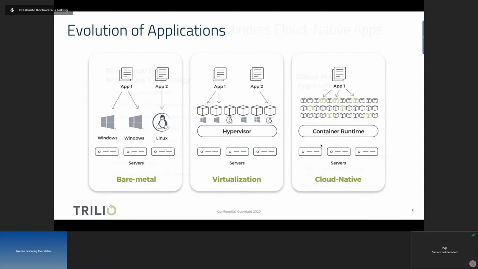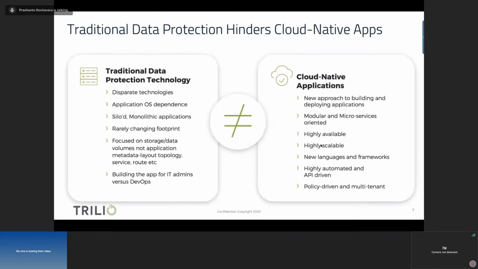Let's look at why traditional data protection solutions cannot match up to the requirements of cloud-native applications. Firstly, traditional data protection solutions and cloud-native applications are disparate technologies. You need a cloud-native application to provide data protection for cloud-native applications running in your environment. For example, it would be really costly to run a VM-based data protection technology to protect a complete cloud-native environment. You would have to have a virtualization of VMs running to protect your cloud-native environment, and it wouldn't be a